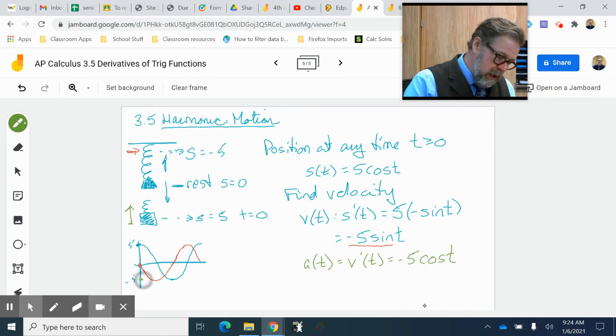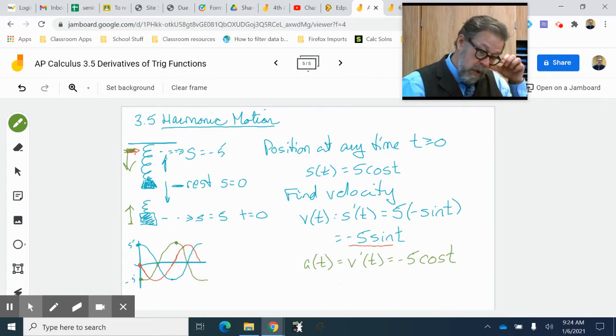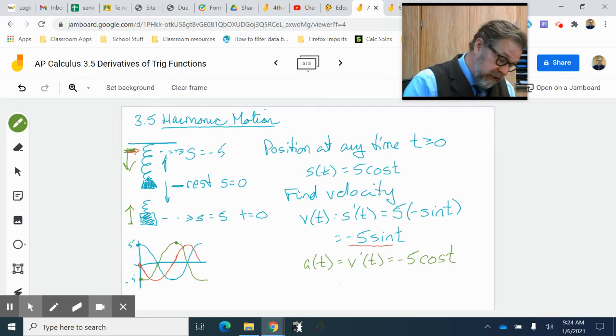And then as it progresses, when I get up to here, the spring is compressed and now it's forcing it back down again. And so here's my maximum positive acceleration. That spring is all the way compressed, and then of course comes back down and cycles through. So what do we know about the motion of this weight? We know that it has an amplitude of 5